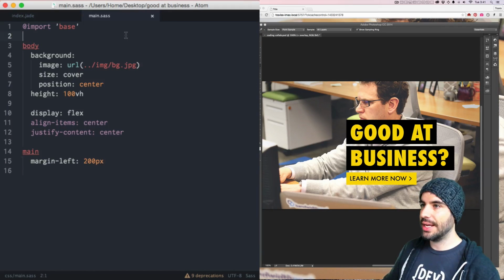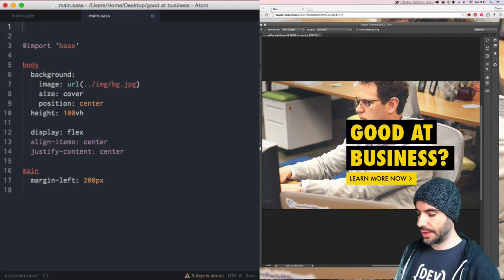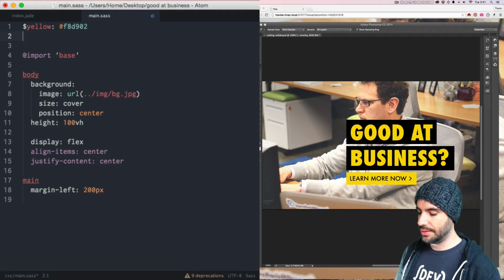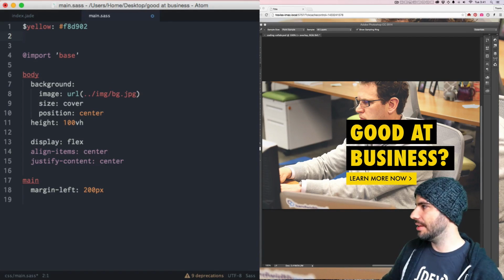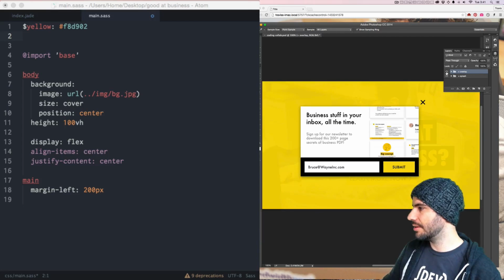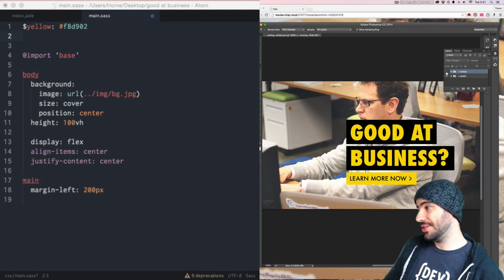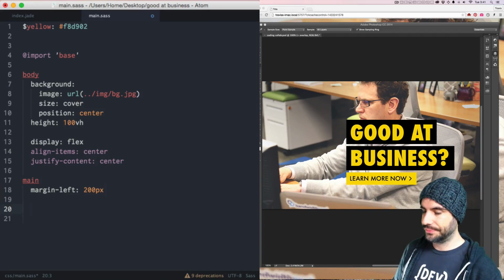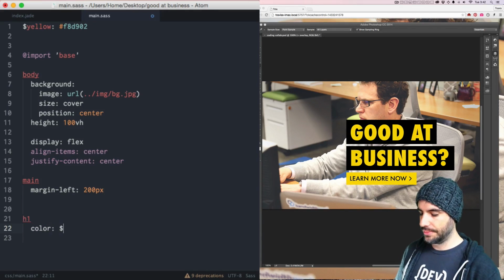All right, so in our Sass, let's make some vars here. I forgot how to do this. Oh yeah. Yellow. And we know what black is, and that's kind of it, right? Are there any other mysterious colors that we're using in the graphics? That's kind of it. We just have one yellow color. Okay. So the main H1 is going to be color yellow, and it's going to have a